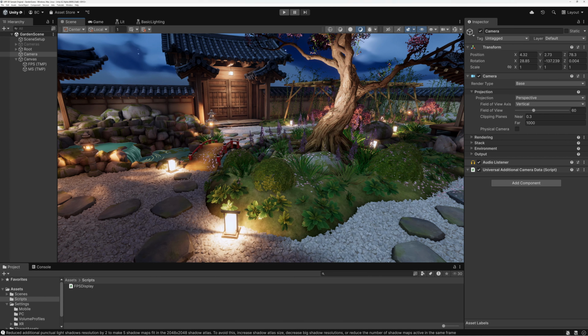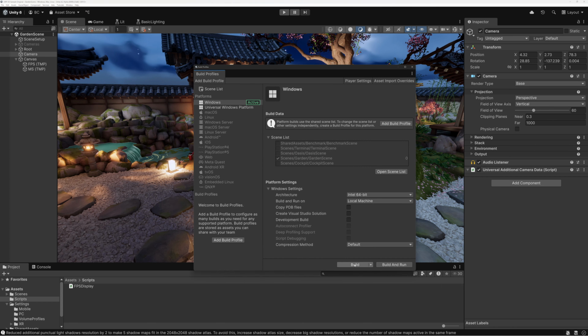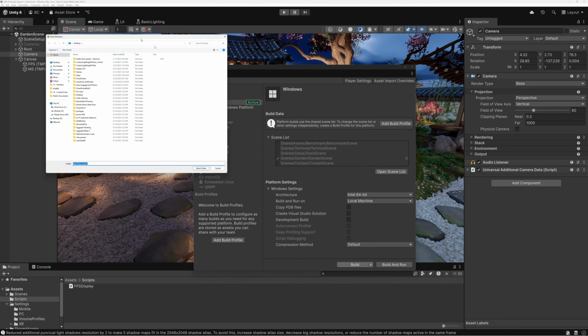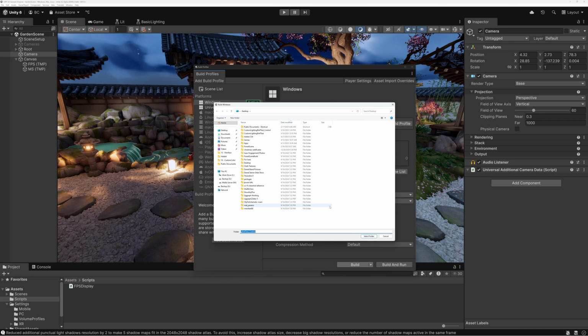And then once all of those things are done, I'm going to come up under Build Profiles, and I'm just going to hit the Build button, and then I'm going to tell it where I want that build to go. I've already done this offline, so what I'm going to do now is run the project, and then we'll jump into the project when it's running, and we can take a look at it together